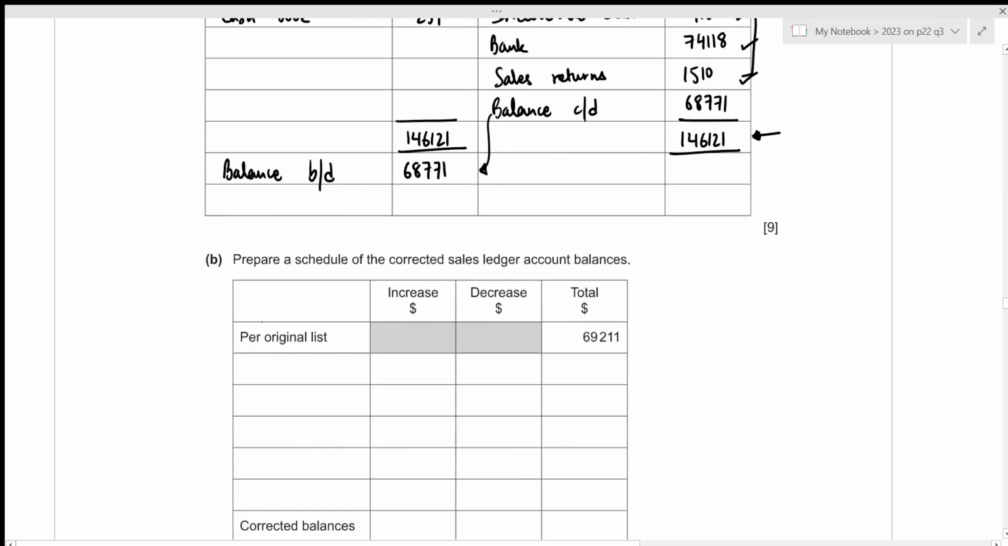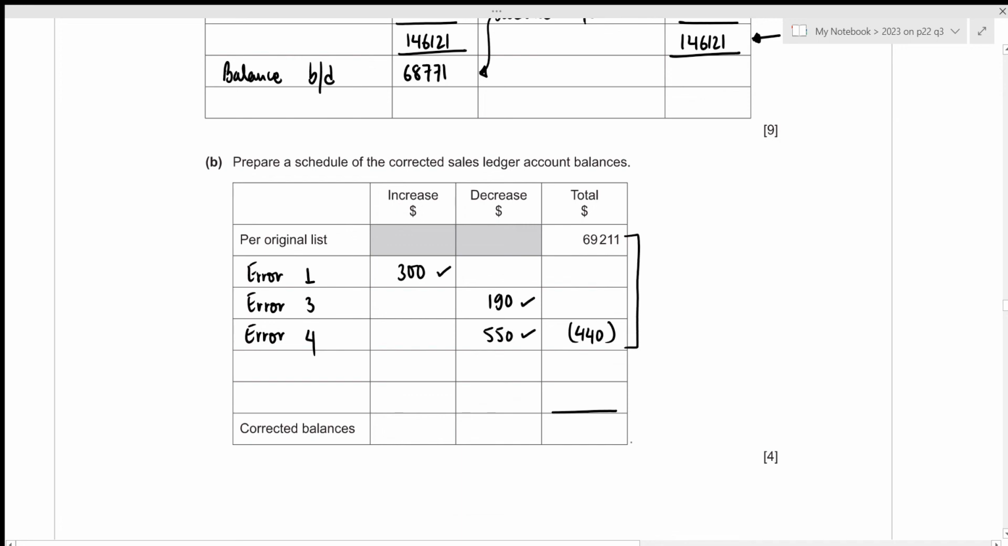Let's write it down. For error 1, we need to add 300. So that's increase. For error 3, we need to subtract 190, which will be decrease. Then for error 4, we again need to subtract 550. So the total will just be plus 300 minus 190 minus 550, which results in negative 440. Now, if you adjust this to the given total, that will be 69,211 minus 440, which results in